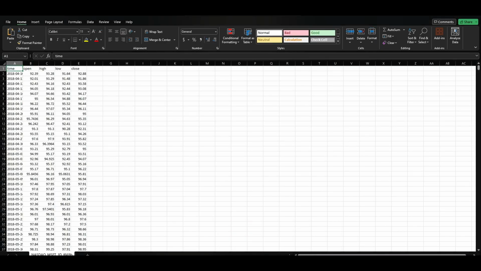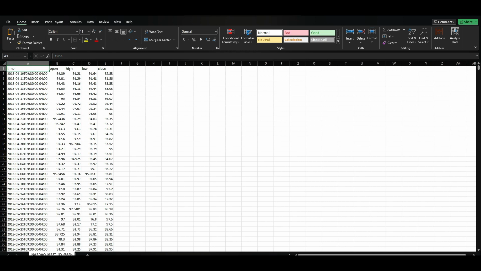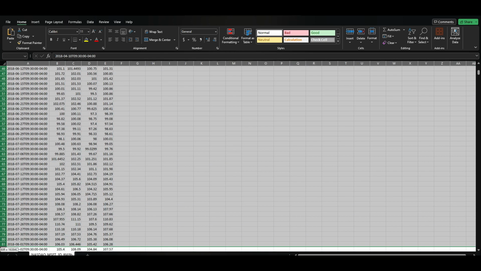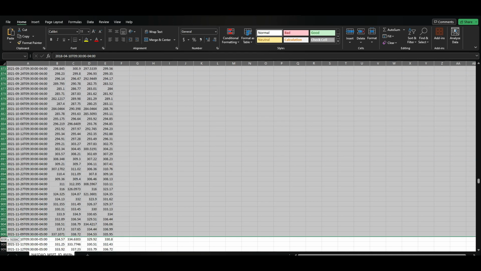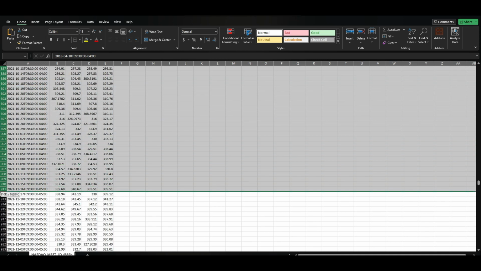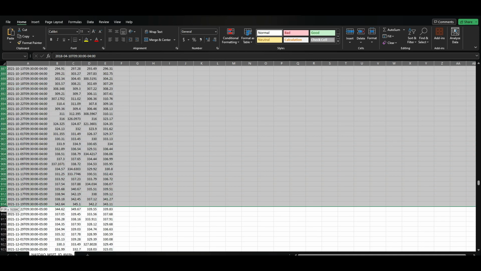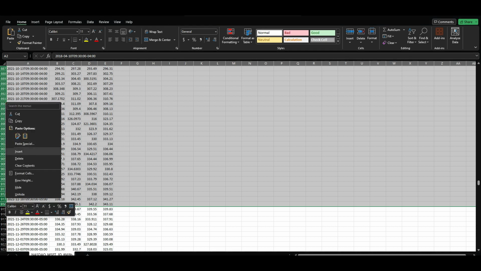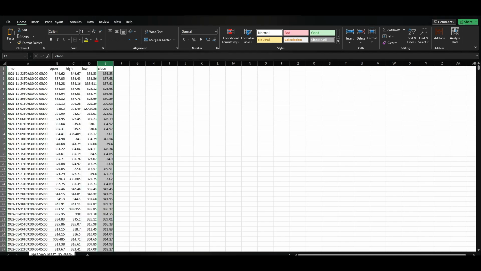So we have our start date of November 2021. So we're going to open up our data set and we're going to remove all of the data that is not November 2021. So we're going to go down to 2021, November. So now that we have this, what we're going to do,